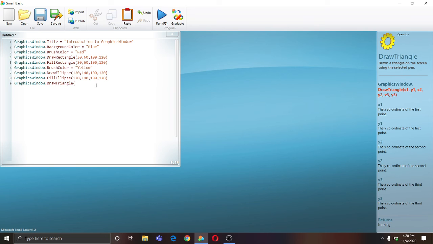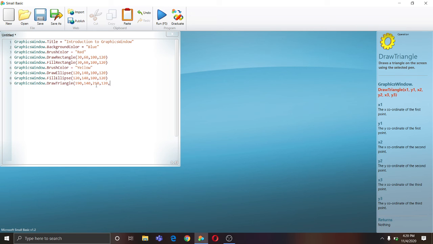For the first vertex I'll set 150. The size makes itself when you set all the values, so you don't need to worry about the size. 190, 140. Then 210 and 120.